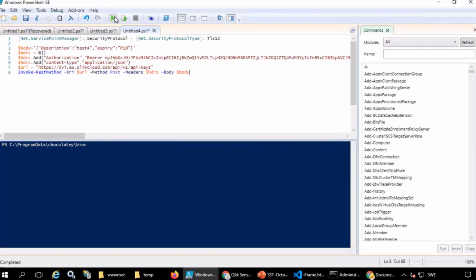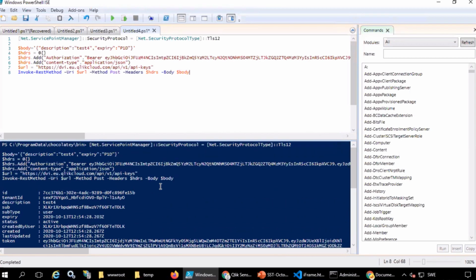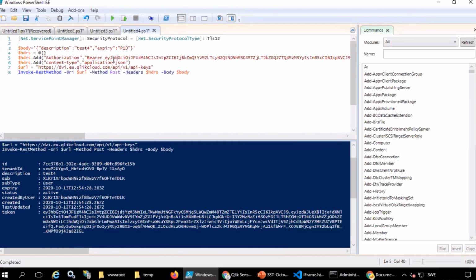Doing this from the API is actually very handy because when an API key expires, you would need to renew it. So that's my current API key that is valid, and I'm using this one to request a new one. So when you renew an API key, you would need to apply the same logic in your own code before the expiration date, run this kind of command and get a new API key and then update it from your code, which would make it much easier because you only need to get the API key from the UI the first time you get one.